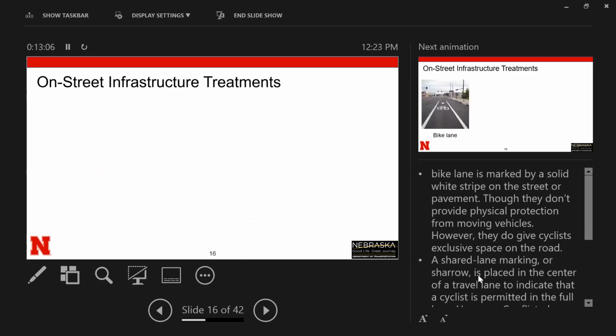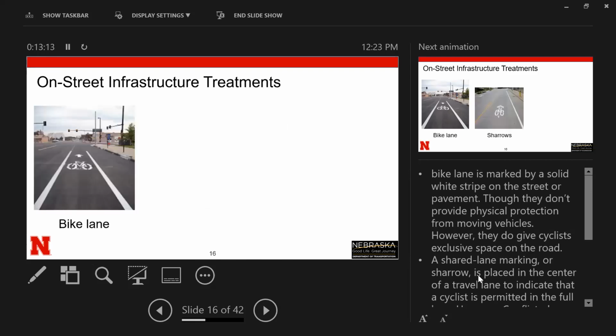So now we're going to go through different types of on-street infrastructure treatments. First one is bike lane. A bike lane is marked by a solid white stripe on the street or pavement. Though they don't provide physical protection from moving cars, they give cyclists exclusive space on the road, which makes it safer than the other type that we're going to talk about right now, which is a